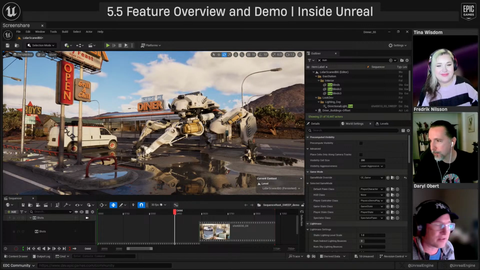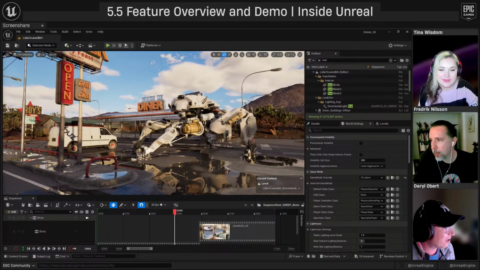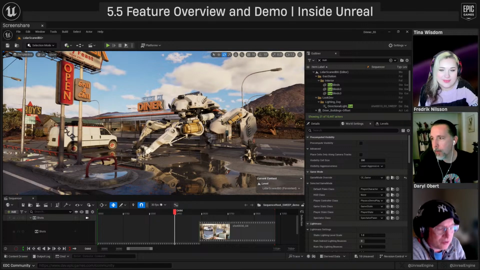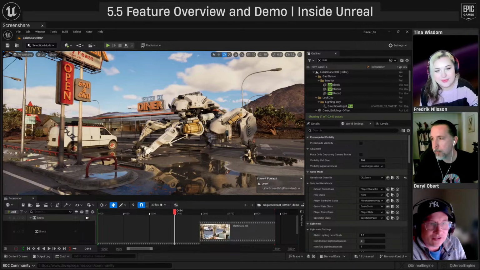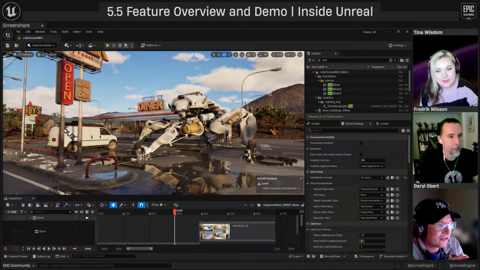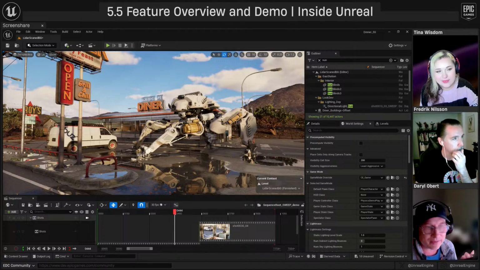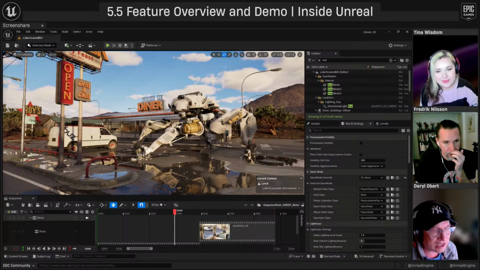I'm going to talk about a couple of other things inside of 5.5 that we're pretty excited about. Kind of picking up where Frederick left off. He brought up that animation sample project, and a lot of that is using something called choosers. So the motion matching stuff can work with choosers, or it can work without choosers. In that example, they are using choosers, and choosers are now moving to production ready. And I'm just going to show you a couple things about them and what they can do.